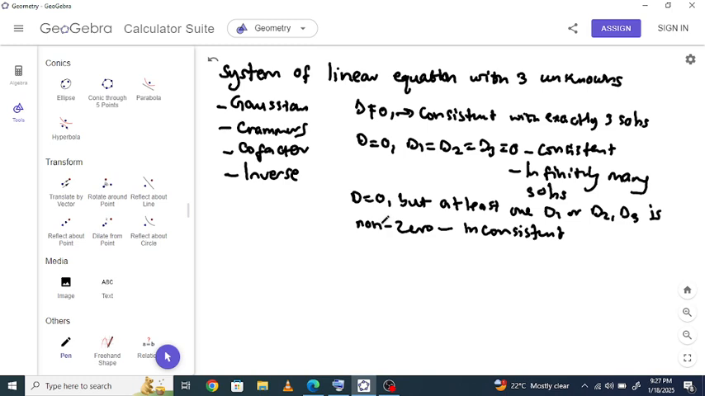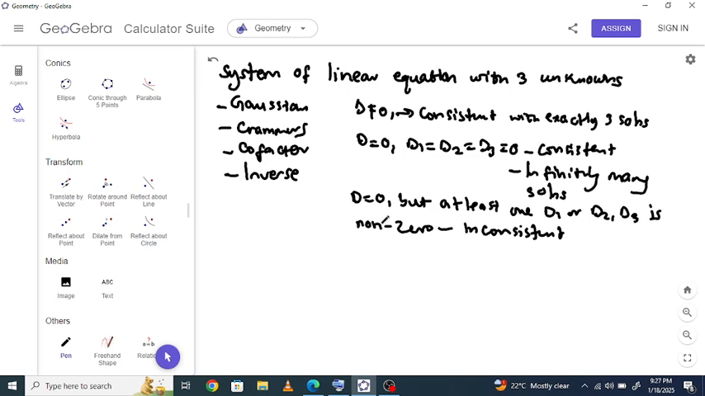So today we are dealing with a system of linear equations with three unknowns. We have 4 methods or more, but our main interest will be these 4 methods: the Gaussian method, Cramer's rule, the cofactor method, and the inverse method to solve the system of